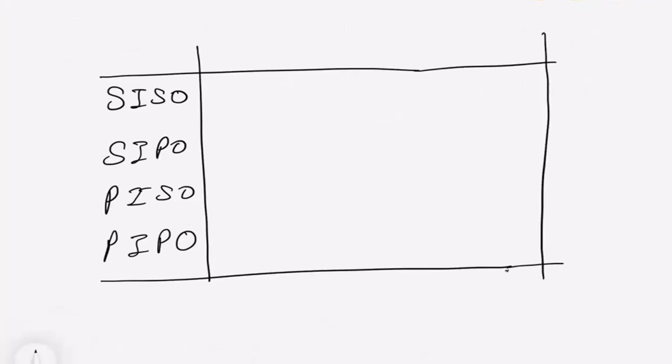And if I talk about two cases where I want to give input, if I talk about number of clock pulse required for input and output,